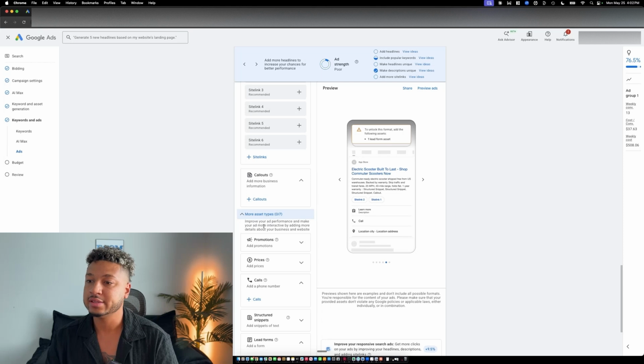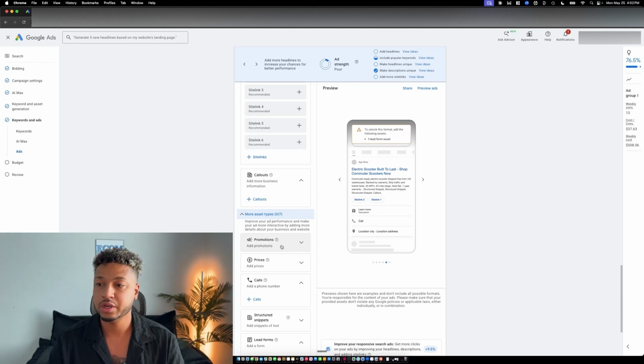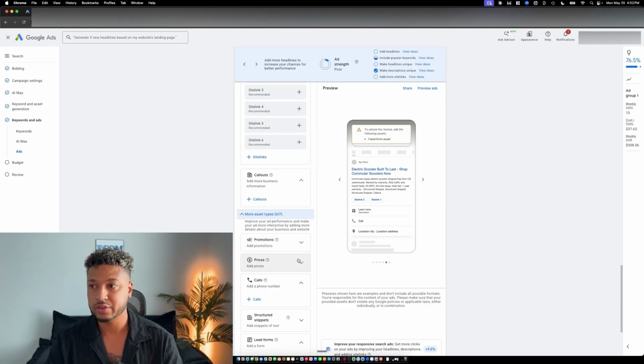And then you also have more assets. So if you have a special holiday sale going on or some sort of discount, you can go under promotions and add a promotion yourself, as well as you can have your price points. So if you have different catalogs, different products, you're in fashion, you can have different prices for different products displayed